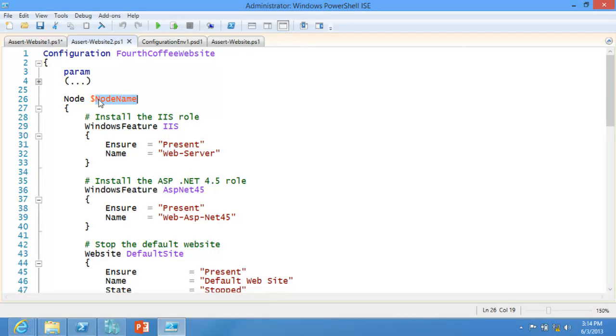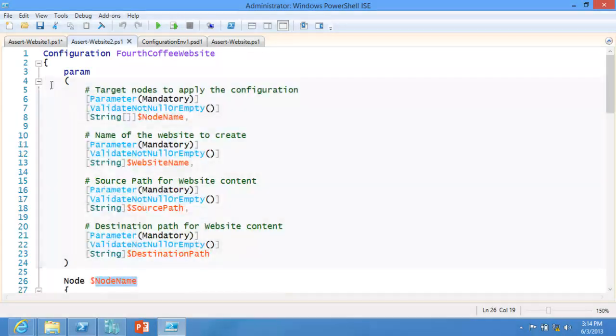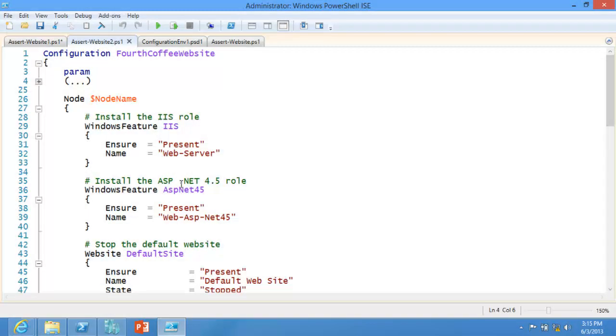In this case, we've chosen to make it node name, which is, as Jeffrey said, a parameter. And notice, by the way, the same basic PowerShell syntax. Everybody's familiar with PowerShell, I hope? Otherwise, I'm in a lot of trouble today. This is a mandatory parameter, so it's required. If we were to try to run this function configuration and no one had specified that, then in fact we would fail. And now we can actually go through. All these things are just parameters.